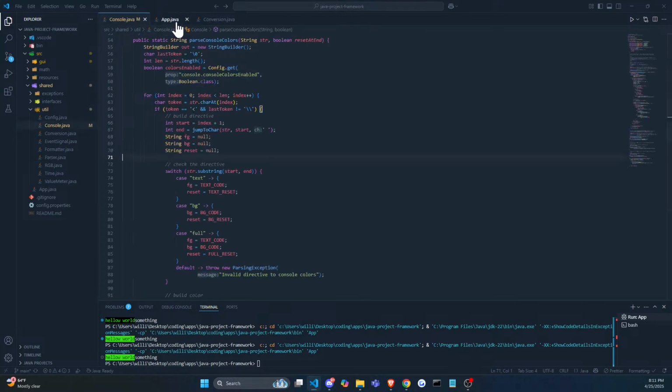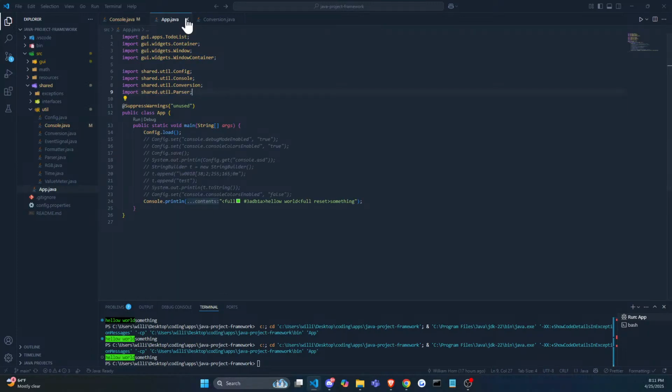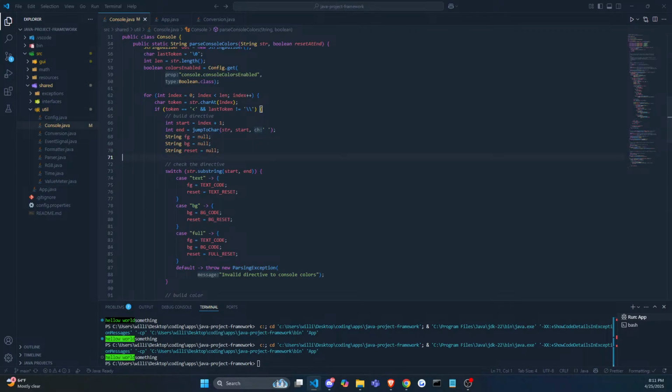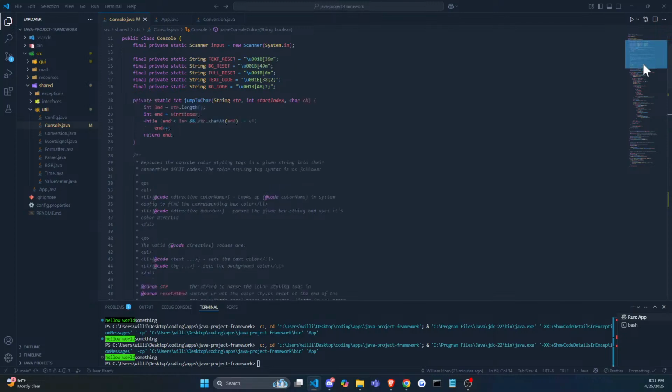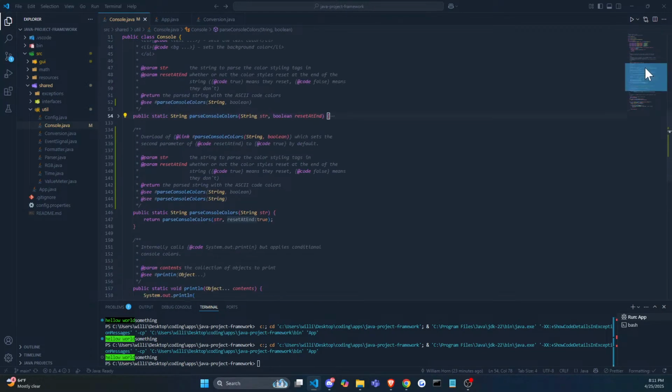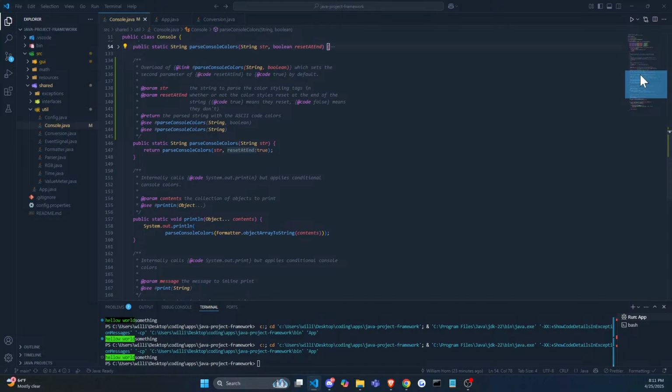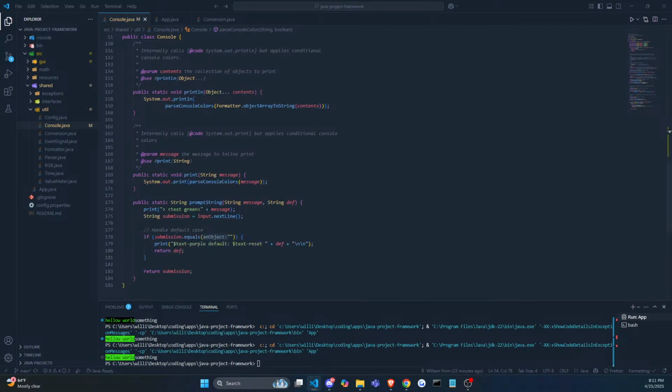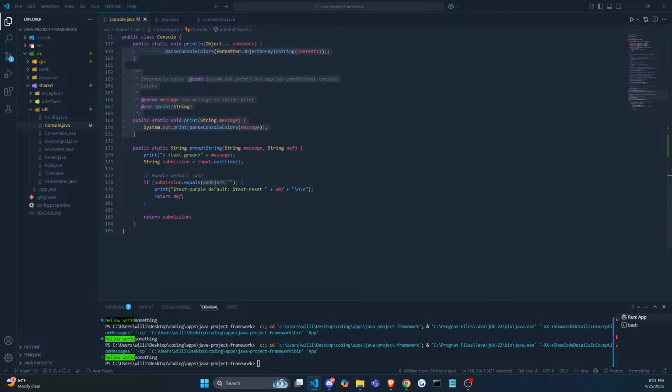All right, so let's get started here. Let's go back to app. So we have this. I'm just gonna do that real quick. Don't need to look at that. Parse console colors, println. These are fine. These are all done pretty much. Prompt string definitely needs to change. So I'm probably going to,